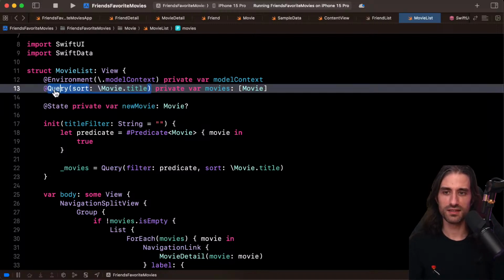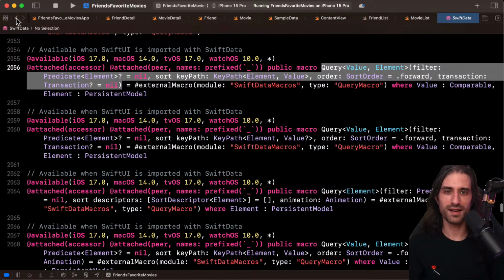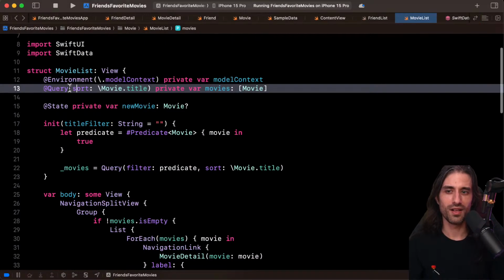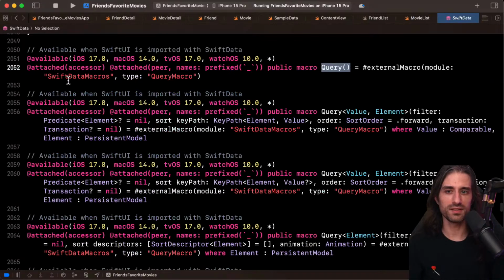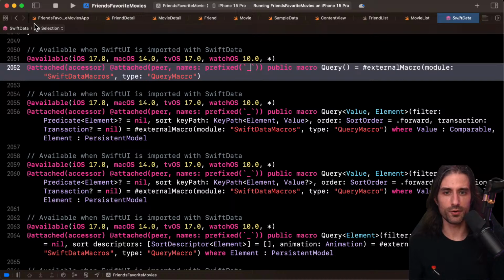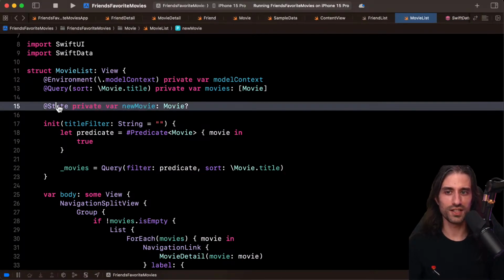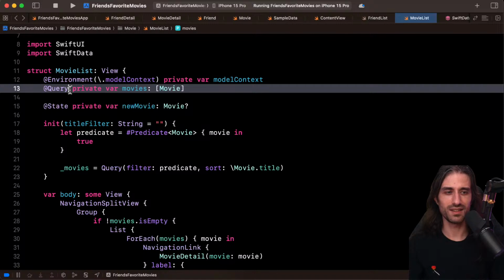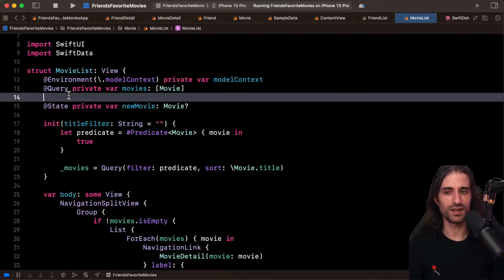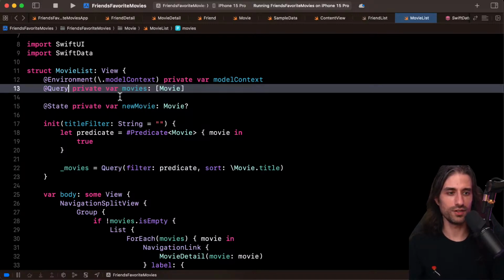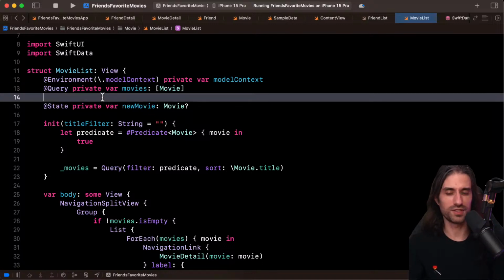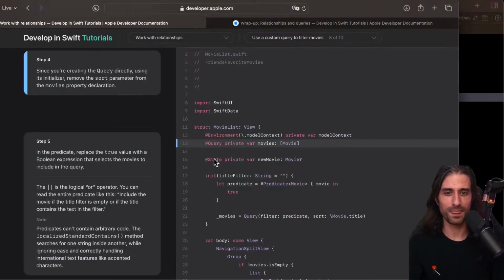Interestingly, when you have an argument, it's a macro, but when you don't have an argument, it's still a macro, but the color changed, you can see. I don't know, maybe it's a bug in Xcode actually, but it kind of makes you think that maybe the status of this thing in Swift is a bit different depending on whether you pass in an argument or not. Or maybe it's just a bug in Xcode, which could also be possible. But it's interesting to see that happen in real time. Okay, so I remove this.